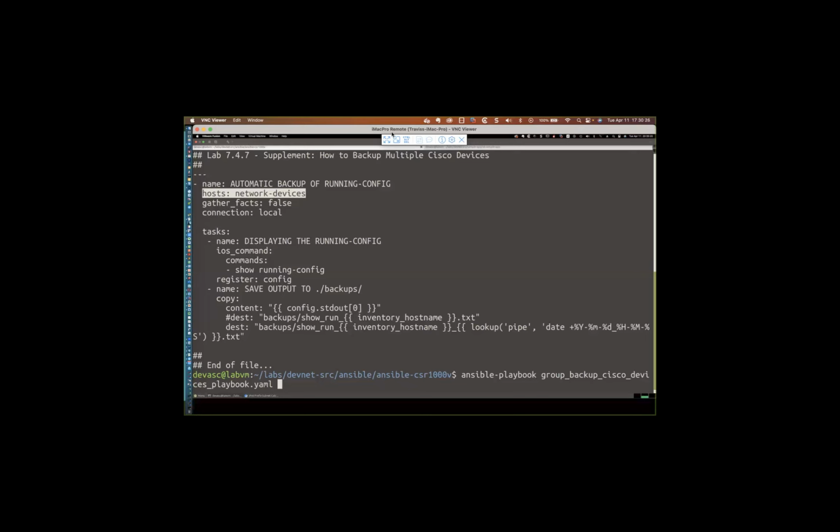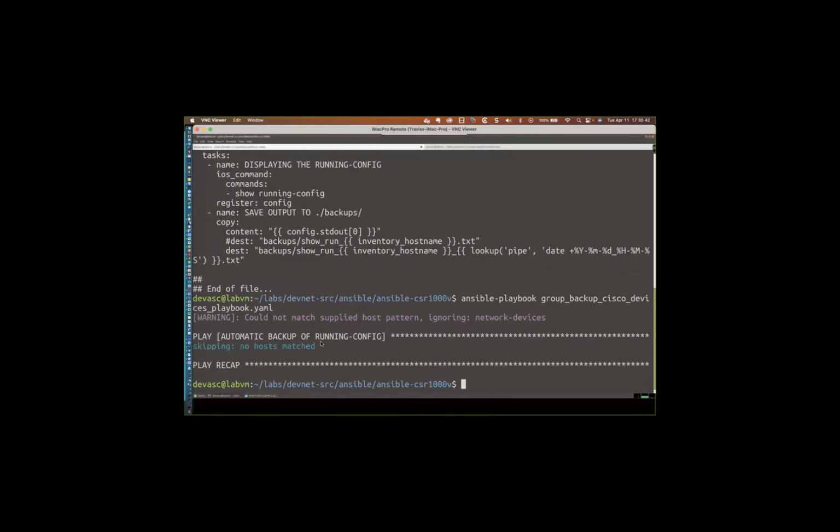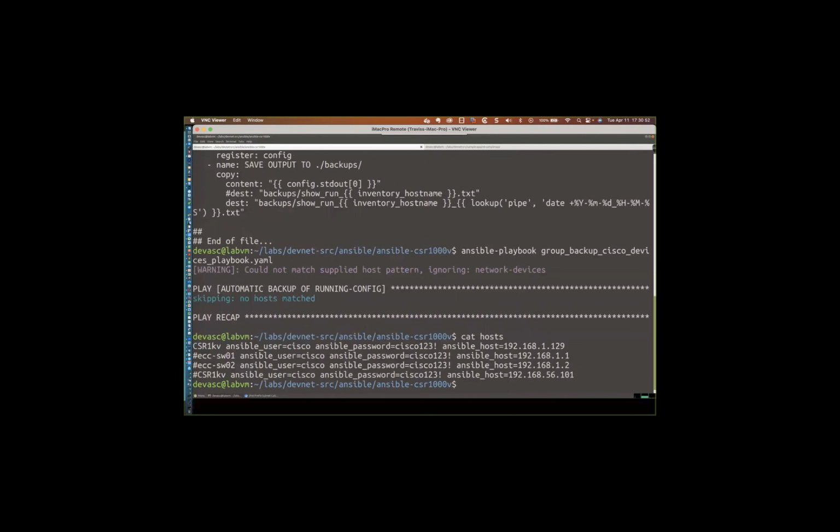So if I hit enter right here, Ansible is going to run, and it's going to say, hey, wait a minute, I'm looking in this file named hosts that's in the current working directory, which your Ansible config file is telling me. And I'm looking at this file and I don't see a group called